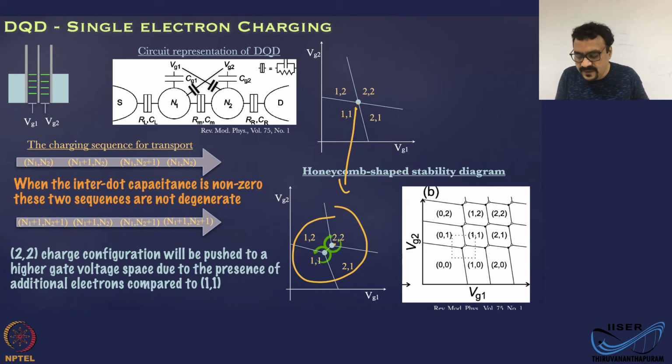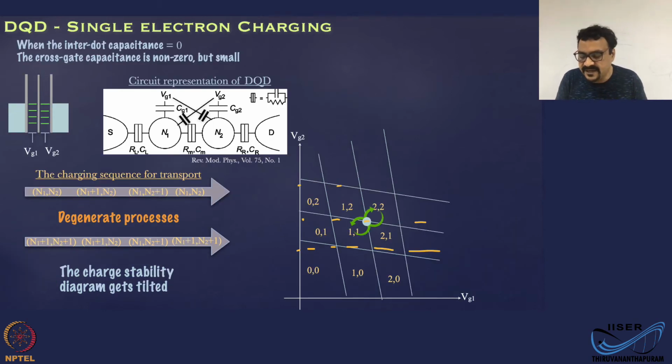Then of course the charge transport cycle is not going to get affected anyway, because that is still going to happen in the same sequence. So then previously, the diamond shape looking, you started with a square or rectangular array of these non-zero current points in the VG1, VG2 space. Now, after enabling the cross gate capacitance, those start looking like a diamond shape. And that is what we had here.